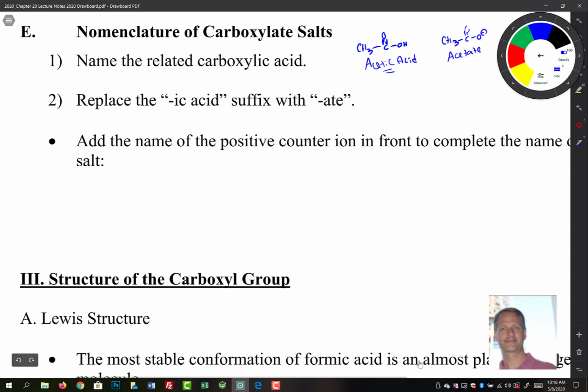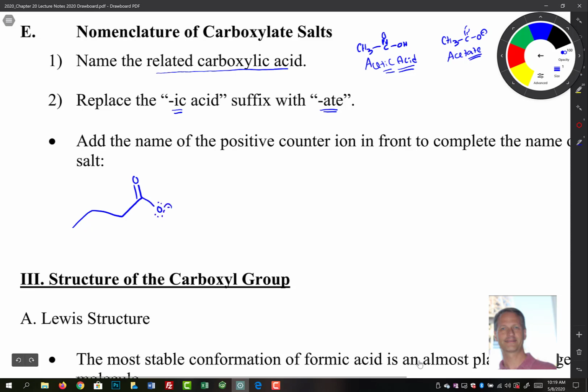So look, the ic acid part was replaced with ate. Just remember that, and you will remember how to name carboxylic acid salts. So again, the idea is name the related carboxylic acid, then we're going to replace ic with ate. And then because it's an ion, if we're giving the full name, we'll have to name the positively charged ion in there too. So I'll show you, it's fairly straightforward, but let's take a look at